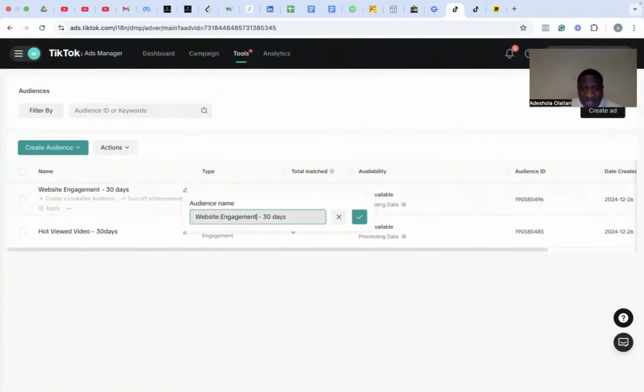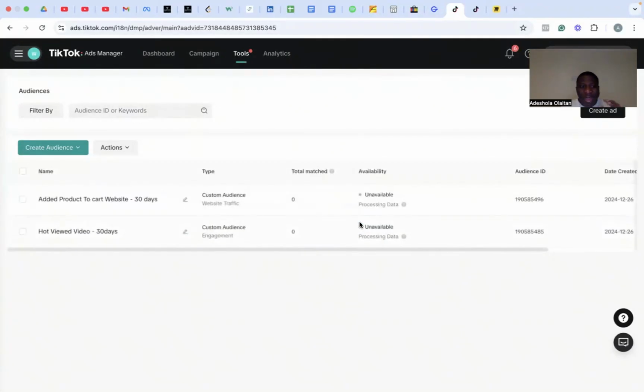I can say added product to cart, 30 days. Added product to cart, website, 30 days. Then I'll give it a name. That's how you can define your audience in such a way. You break it down. The reason why I'm doing this is that I want to know the data available for